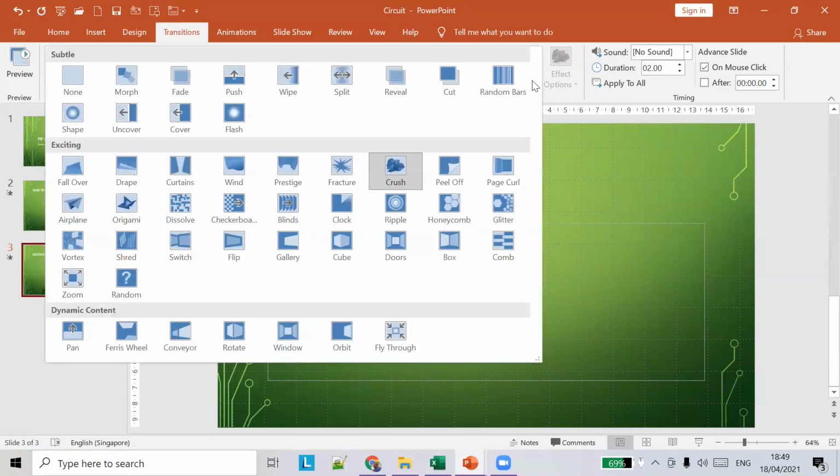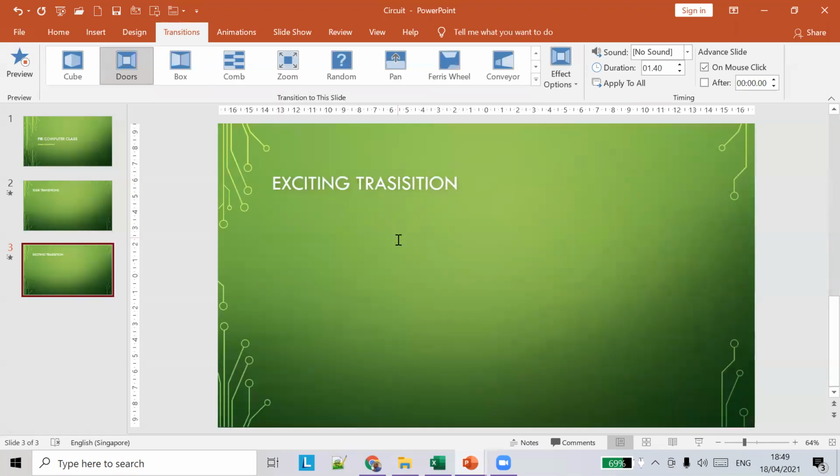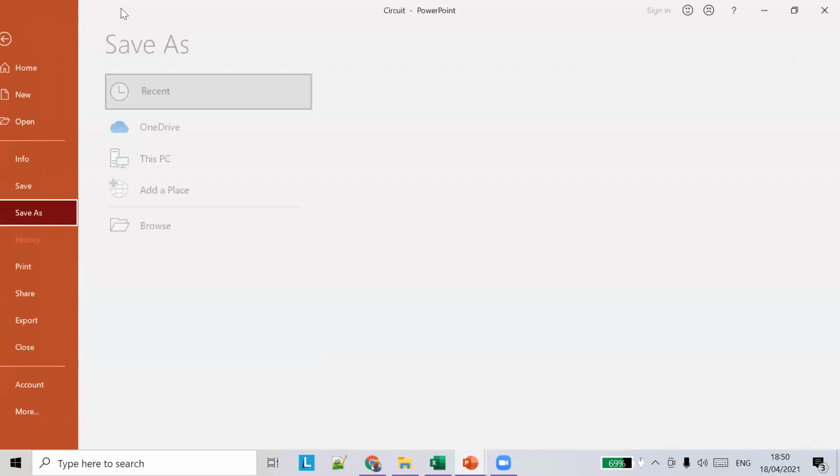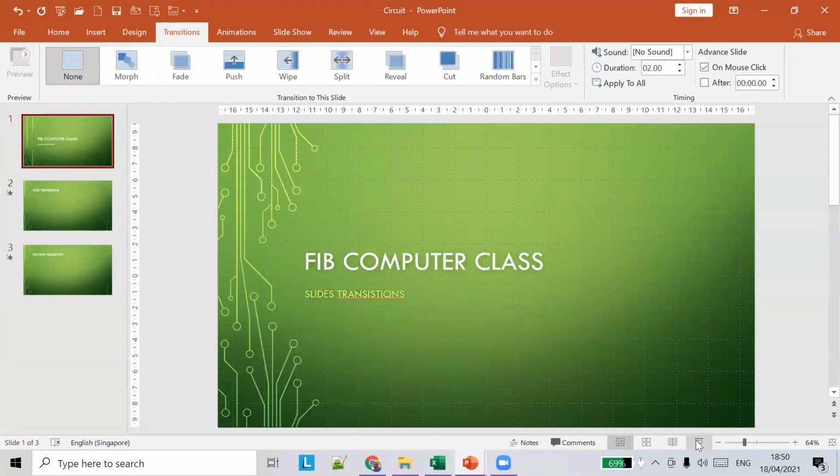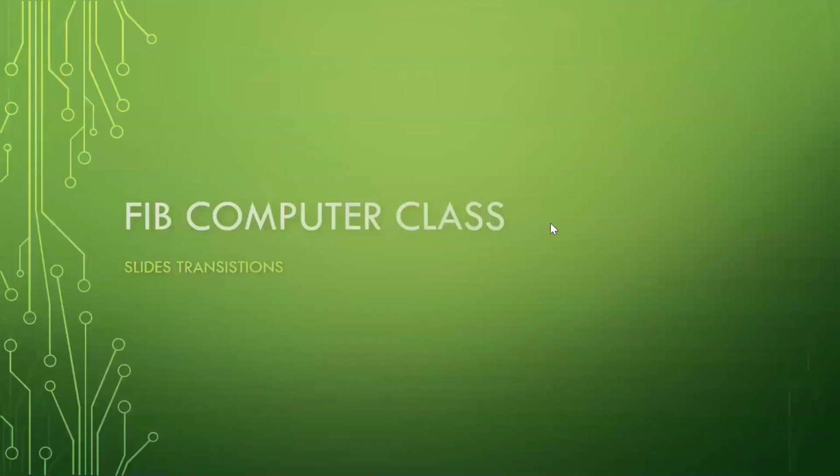So if you want to do another one, maybe we'll do those. You can see the preview also here. If I save it and run, I'll show you how to do it.